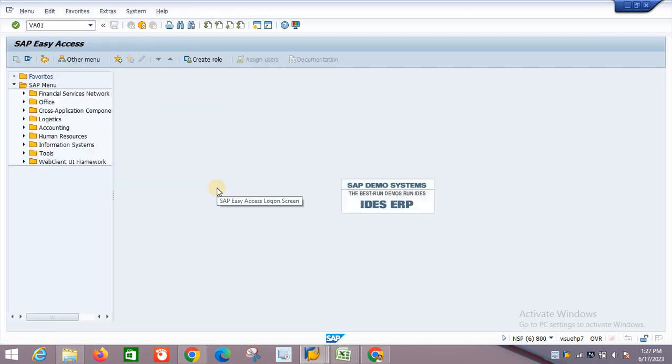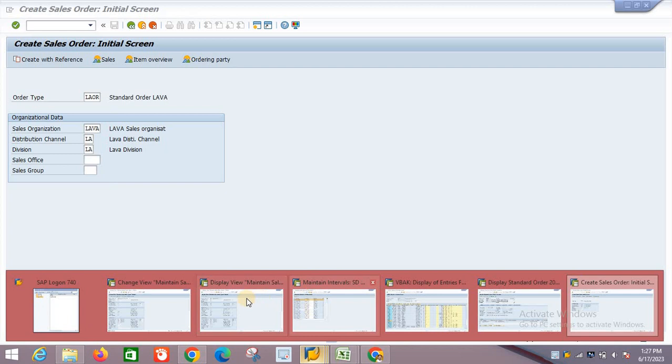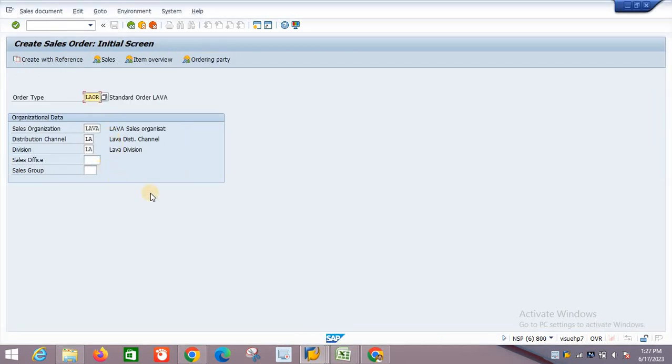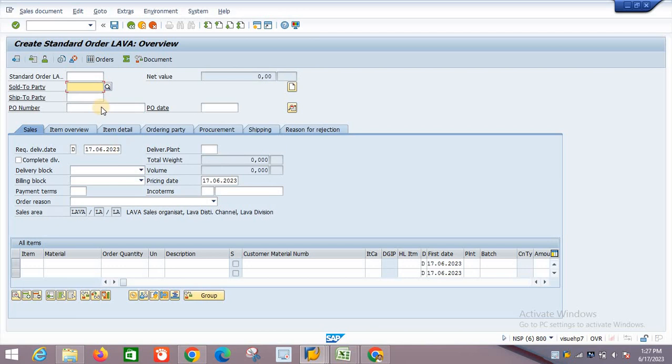VA01, whether we saved that data. Yeah, it's already saved. Now there should be no issue, I believe.